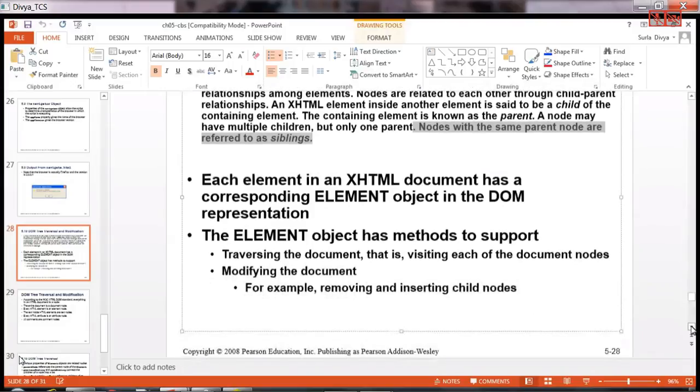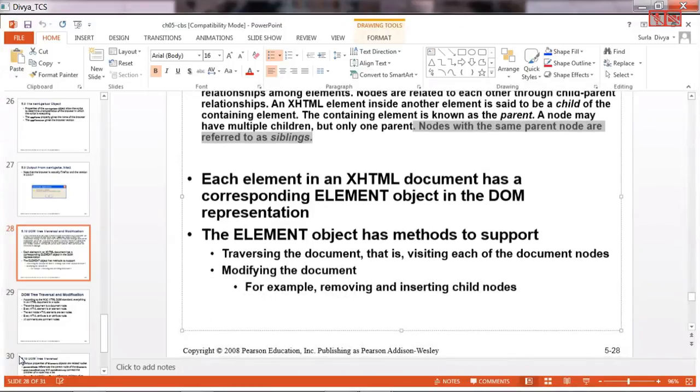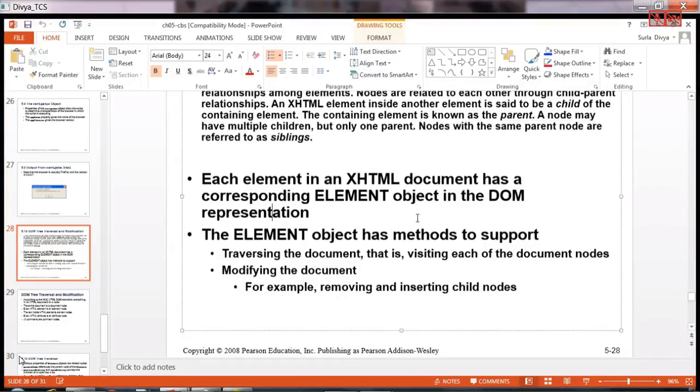Each element in an XHTML document has a corresponding element object in the DOM representation. So whenever your HTML is loaded into your browser, we call them elements, right? So each element in the DOM representation, again the same, the tags are represented in the form of a tree. Okay, the element object has the methods to support. So this particular element object,